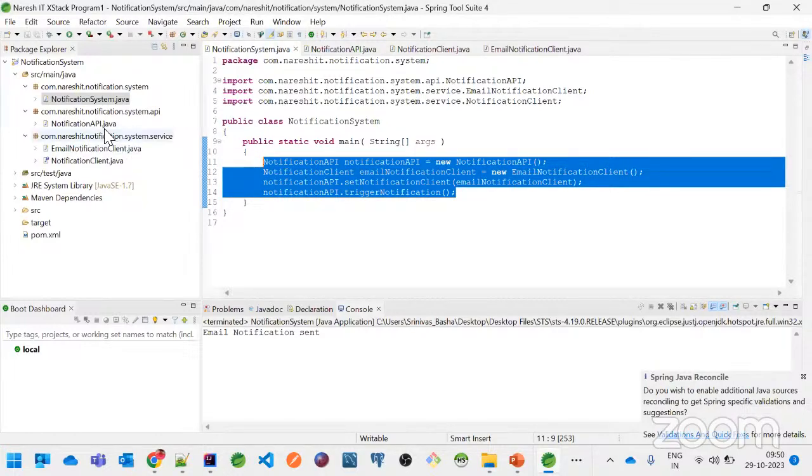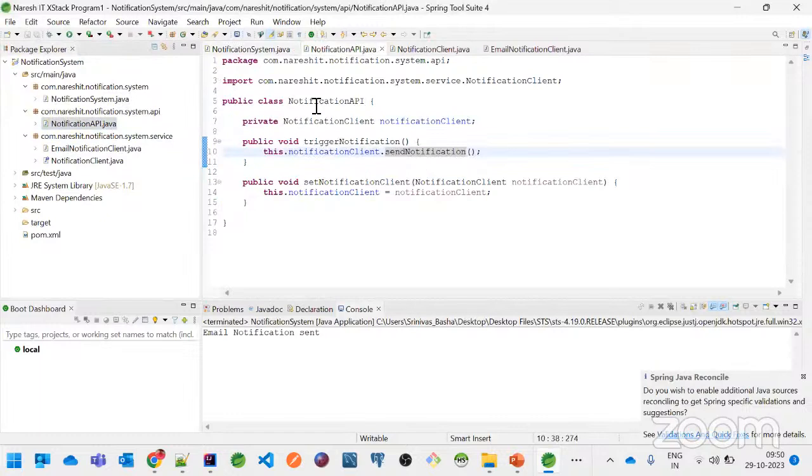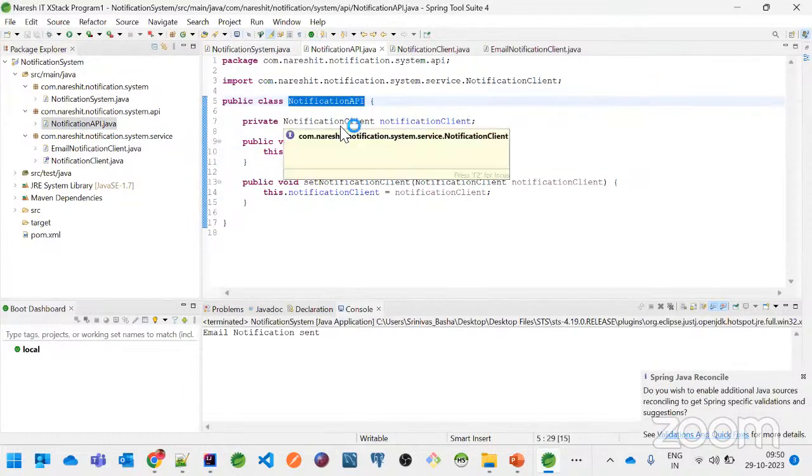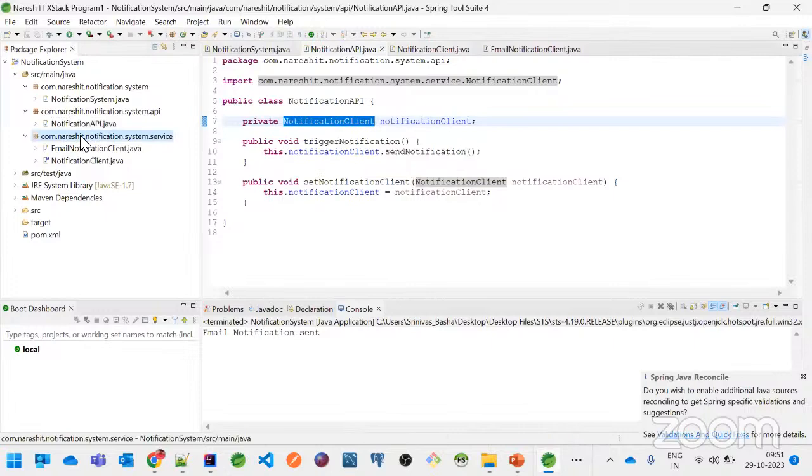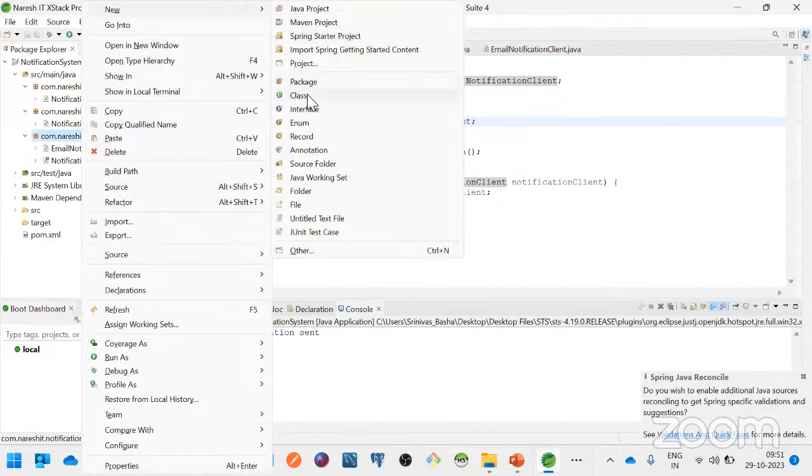And let's say right now this notification API is actually dependent on this particular interface, not on the email notification client directly. Because let's say there will be multiple implementations of this notification client. Sometimes we need to send an email, sometimes we need to inject SMS, something like that. I just wanted to keep one more class,